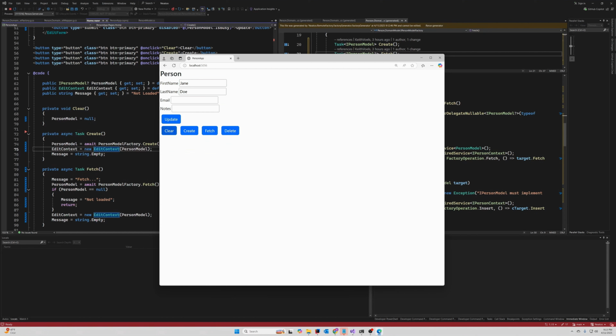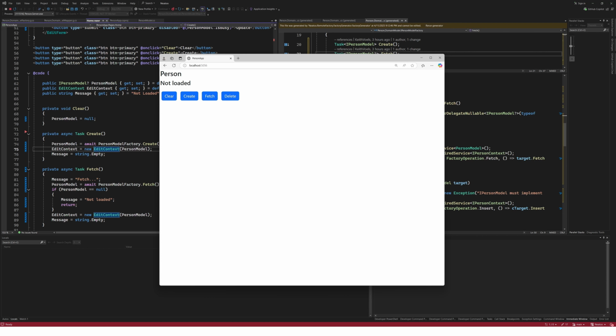So now I update it, it works. Clear it, fetch it, update the data, do an update, it succeeds. Do a fetch, and I get the data showing that that's what was persisted. And then delete, do a fetch, I don't get anything back. So we have all of our standard CRUD operations